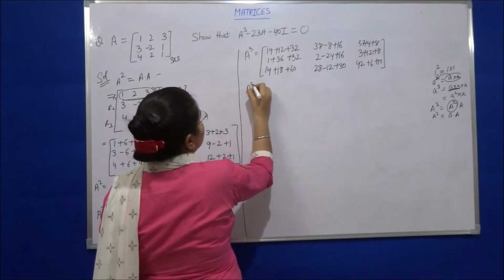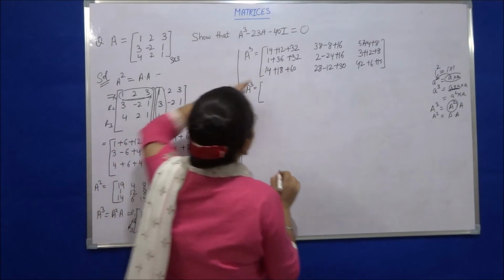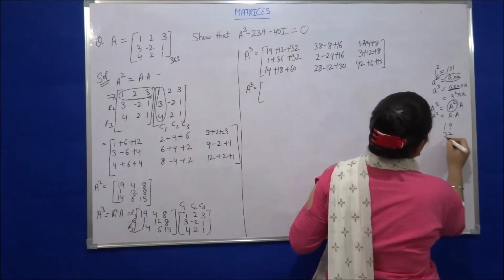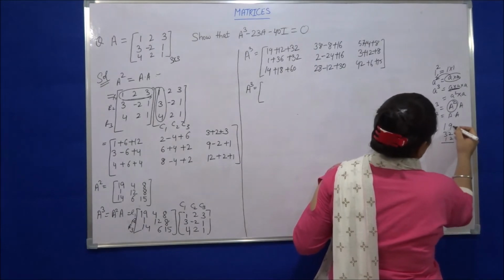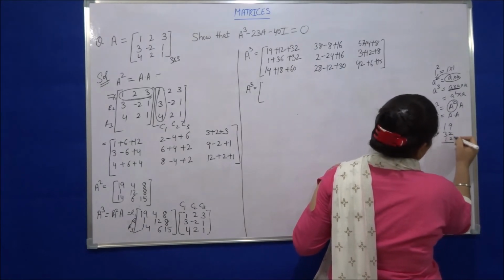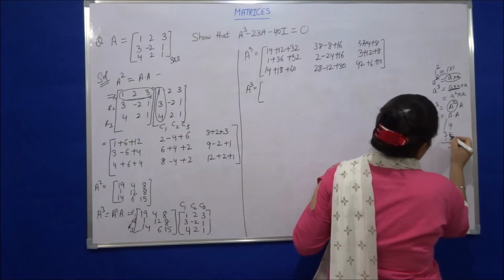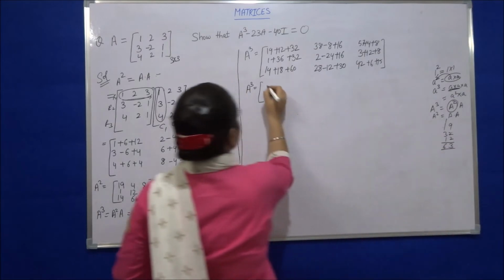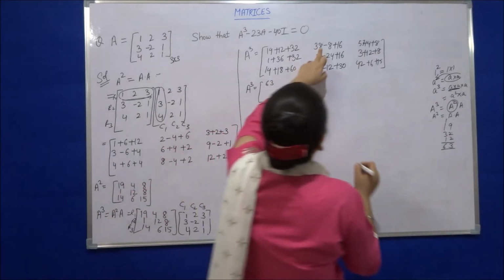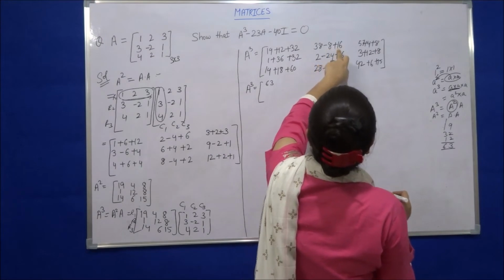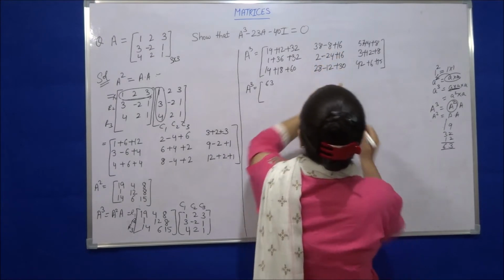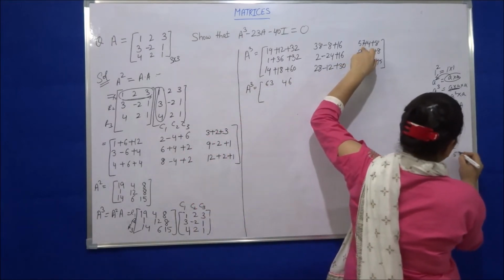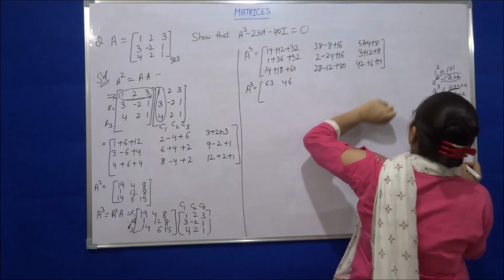So just try to add up these elements. 19 plus 12 plus 32: 19, 32 and 12. 19 plus 9 plus 2, 11. 11 plus 2, 13. Carry 1, 4, 5, 6. That will be 63. Now 38 minus 8, 30. 30 plus 16, 46. Now 54 plus 8 plus 4, 12.